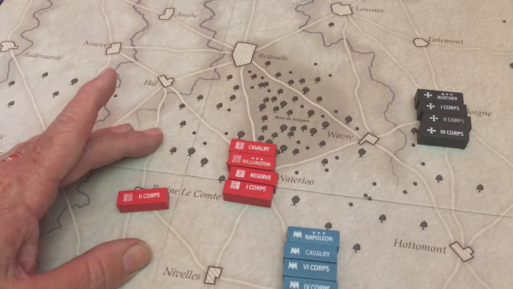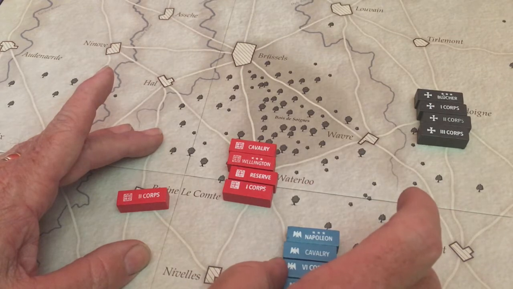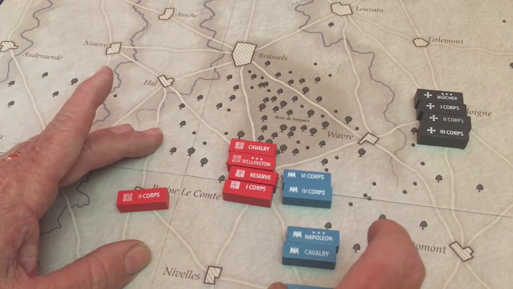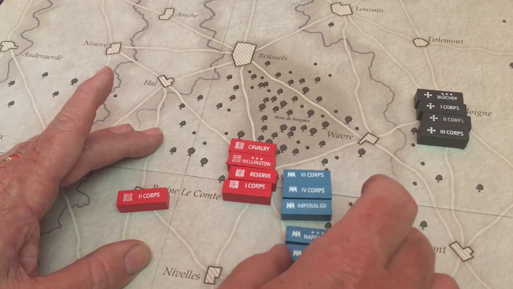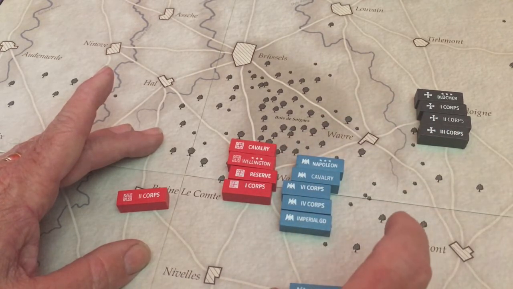And so this is a good chance maybe to hit them before things get too complicated with the Prussians. So we're going to move in the 1, 2, the Imperial Guard, 3, and the cavalry 4. Of course, Napoleon will be with it. The 3rd Corps will stay in Quatre Bras